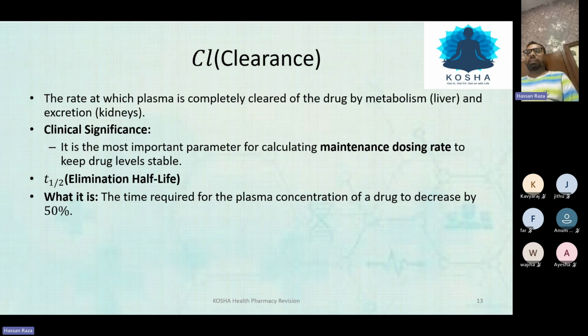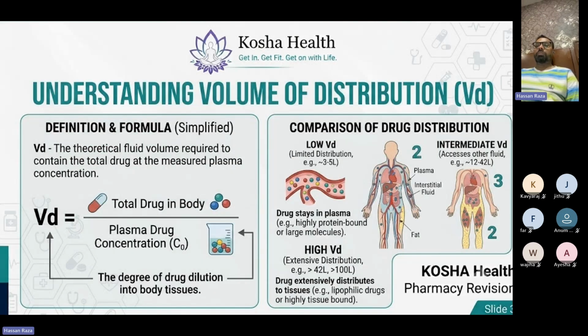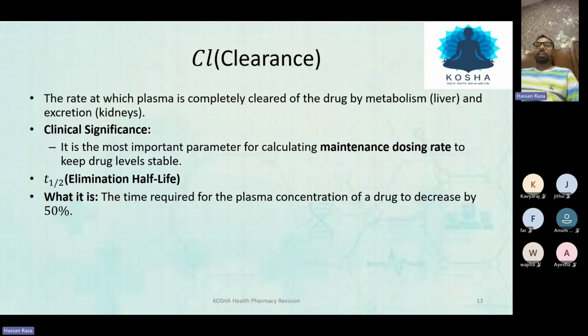And we all know that there are two major pathways through which a drug gets cleared. First is the liver and the other is the kidney. One more thing: volume of distribution is important to calculate the loading dose of a drug, and we will calculate this as well. You get to know that volume of distribution is really important when you have to think about what loading dose you have to give. But when it comes to maintenance dose, we are more